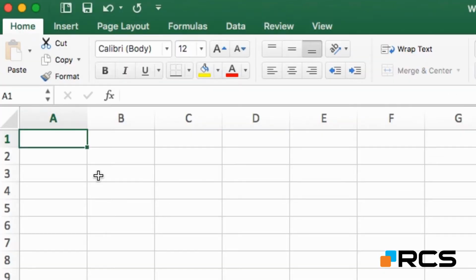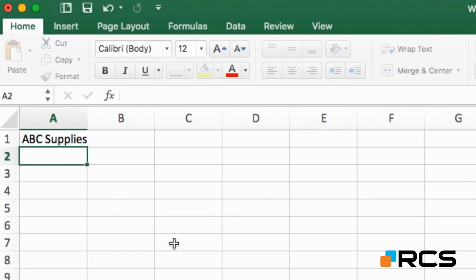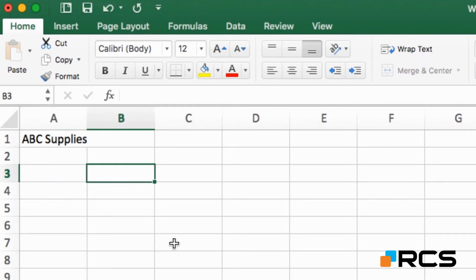But for now all I need to do is make sure I've got my very first cell selected on the worksheet, and I'm going to enter a title, and it's going to be for a business called ABC Supplies, and then just press the enter key, move down to the next row. I'll press the enter key one more time because I'd like to have a blank row between the title and my main spreadsheet. I'm then going to press the right arrow key, just to move to cell